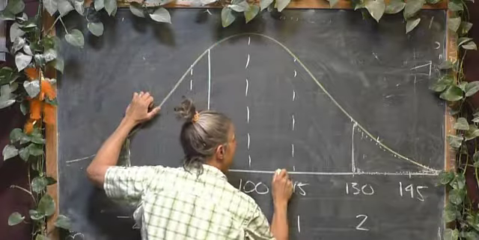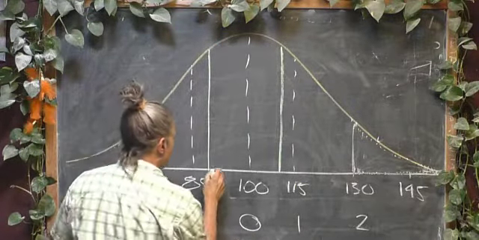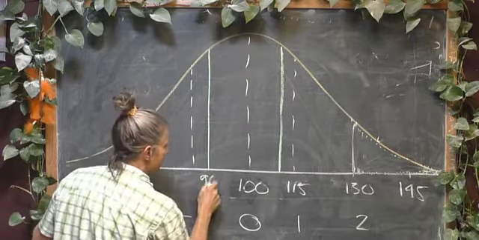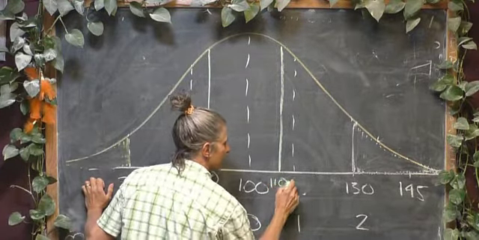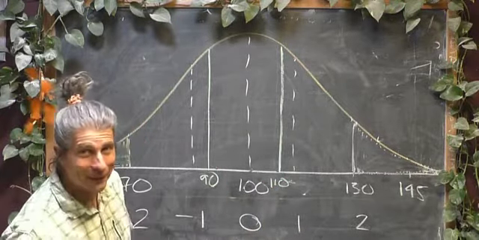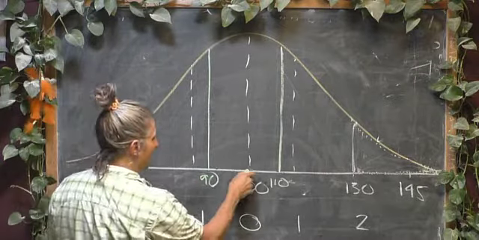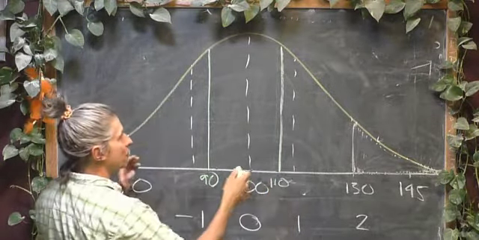And 110 is about here. The first thing I hope you notice is that 90 and 110 are the same distance from 100, even though I didn't draw it that way. Mathematically, they are. This one's 10 down and that one's 10 up. So to be considered average,